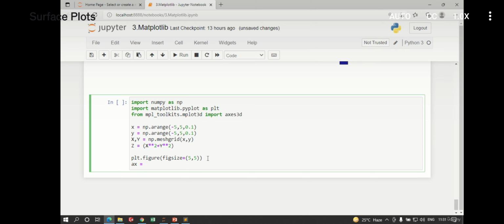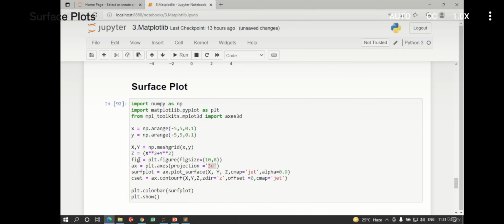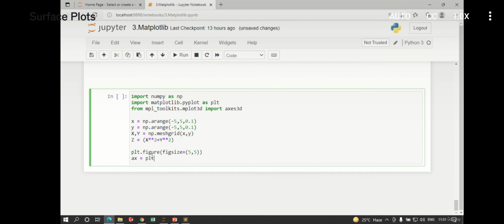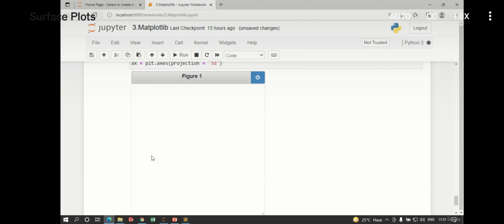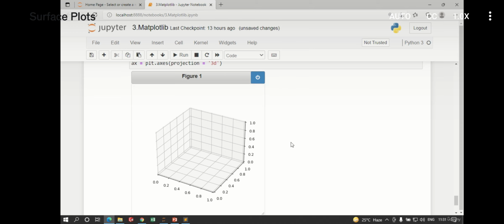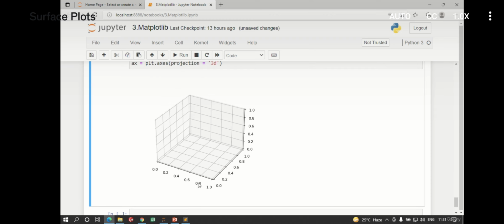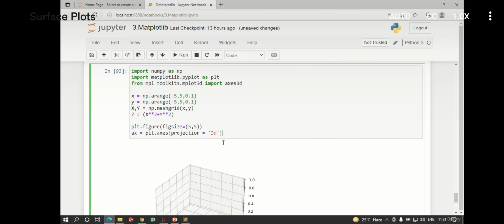So we have seen, first we have to add axis. So we have to call plt.axes, and we have to define the projection type. So projection is equal to inverted comma 3D, and execute. So you can see the figure is created, and it is empty, there is no function here. If I close this, it will show only this figure. So basically three axes are added, and now I have to add